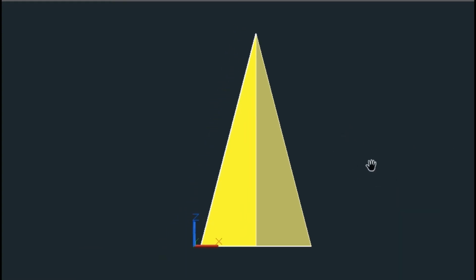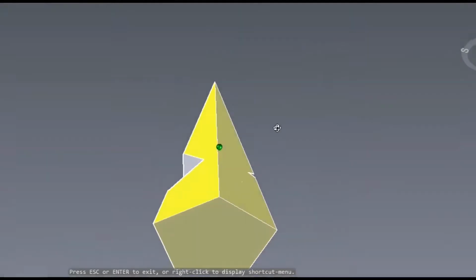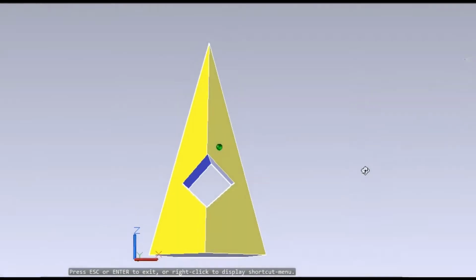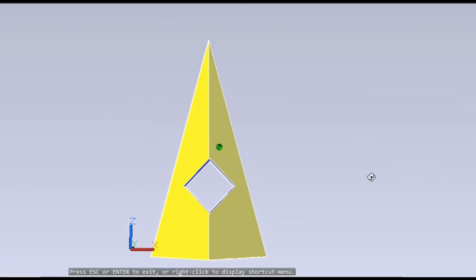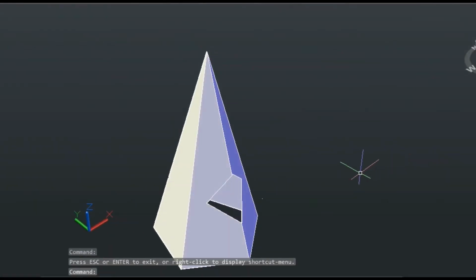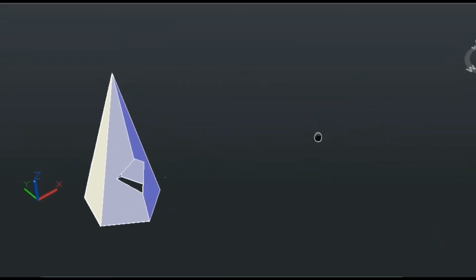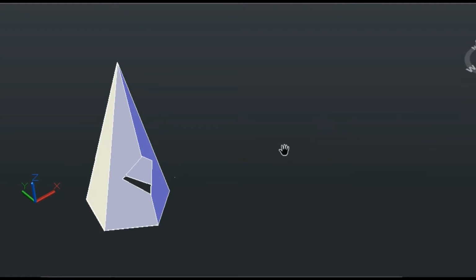As you can see, this is the front view which is given, but with a square hole, as you can see here in this position, and this is the given position in the question of a pentagonal pyramid with a square hole, as you can see in the question's front view. So now the colors have changed a little bit. Do not worry about that. So here we are having 5 triangular faces which we have to develop.